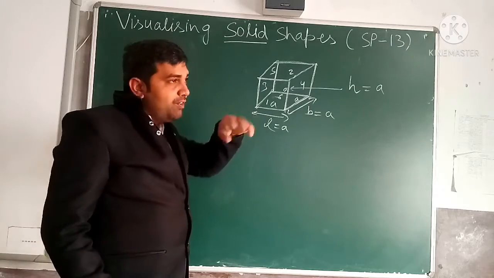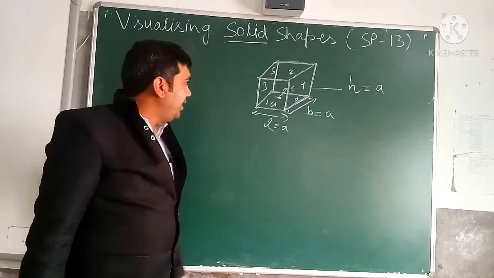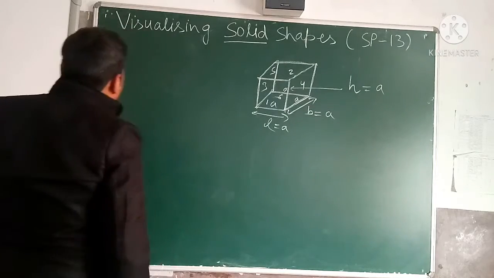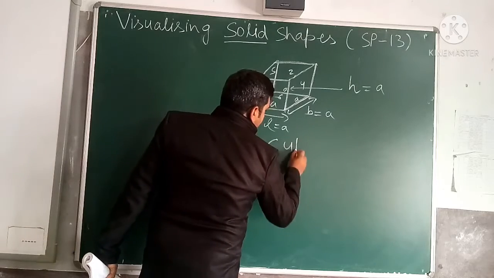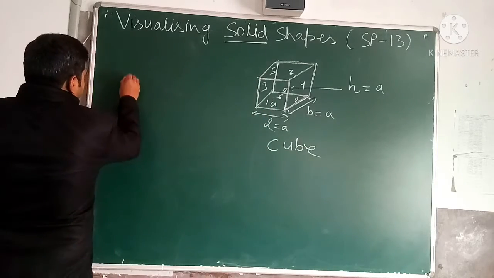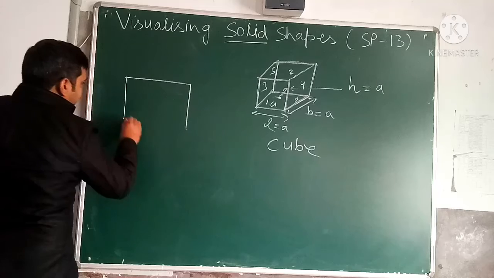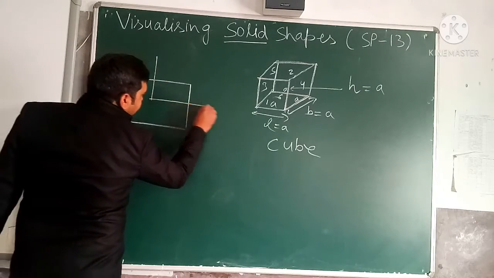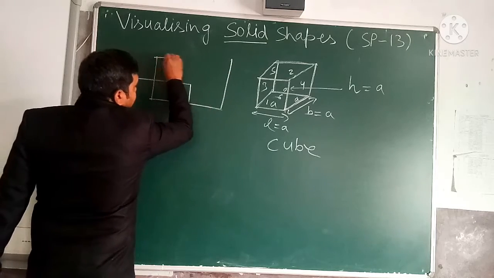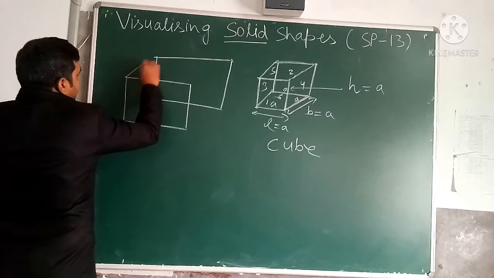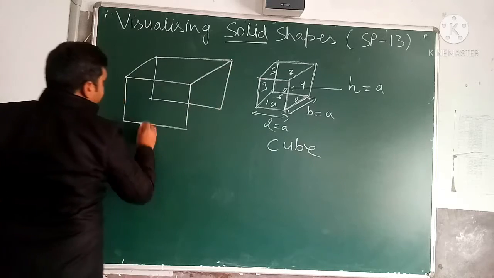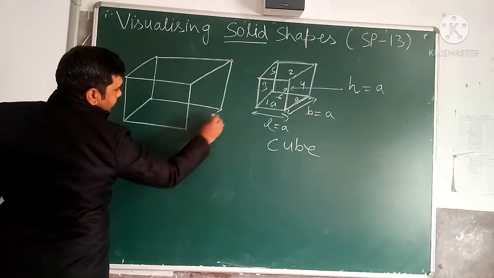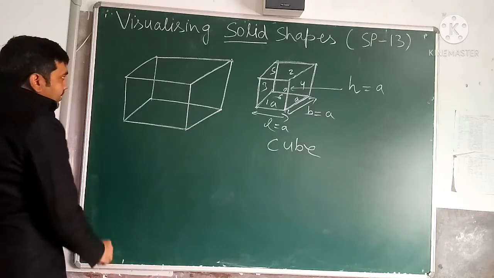We can consider this room, our classroom, as a cuboid, and each face of the cuboid is a rectangle. So see how we draw a cuboid. This is a cube. Now we move to the cuboid. This is one rectangle. Now from here, in the center, we draw another rectangle. Now join their corners. This is called a cuboid.